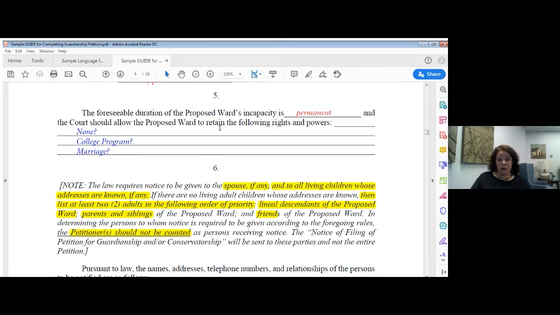For instance, do you want your child to have the ability to get married? As you might recall from our last meeting, there can be some complications with that. Marriage can mess up public benefits. And a lot of parents in general, I think, might like to have some say-so in who it is that their child marries. That's another discussion. But one of the rights that we see most commonly these days that we are needing to have the ward retain is certain rights that are associated with attending a